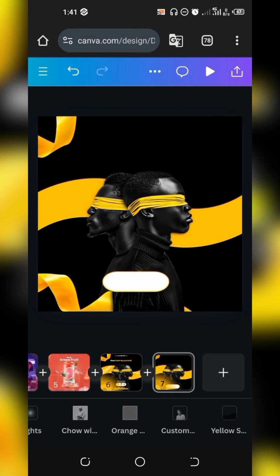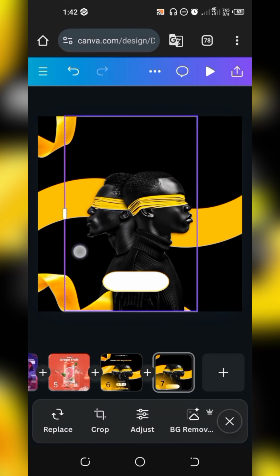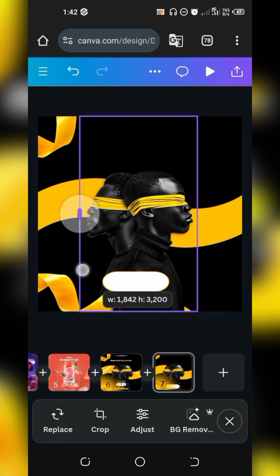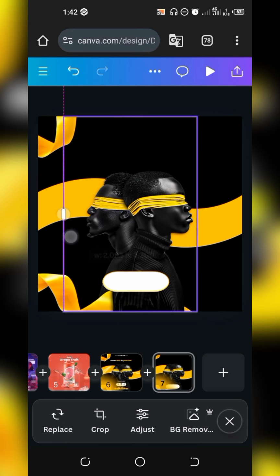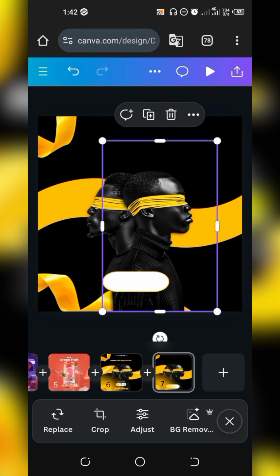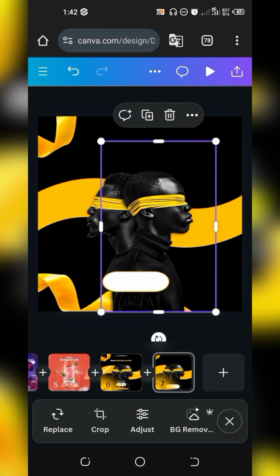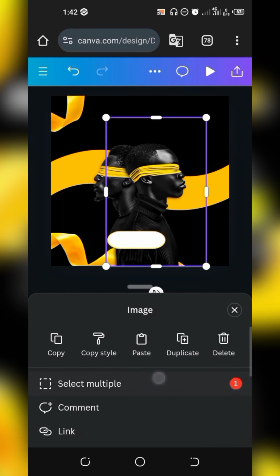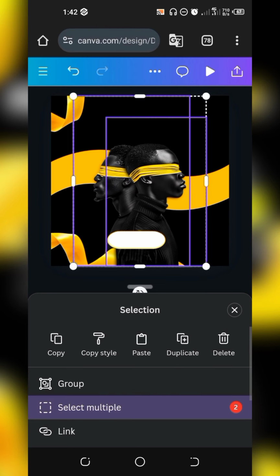So to gain more precision, to know if they are at the center, just click this one. Don't make the edge cover his face too much. Then click on the shadows behind as well. Let's check on this other guy. Just reduce it here, so that if we are tapping the shadows, we can actually still tap on the real image. Go to more, select multiple, tap this area, not here, tap this area.